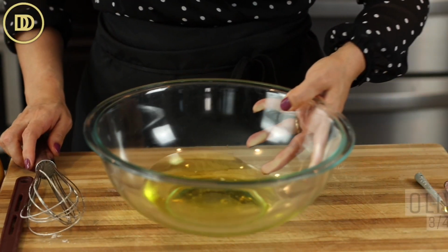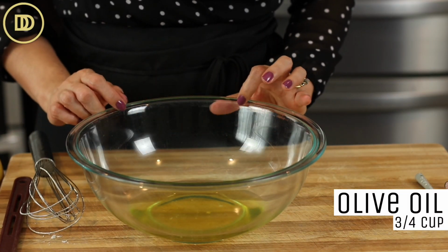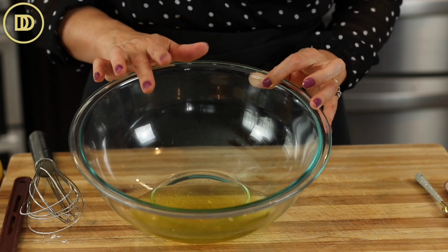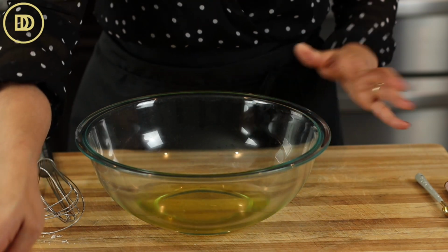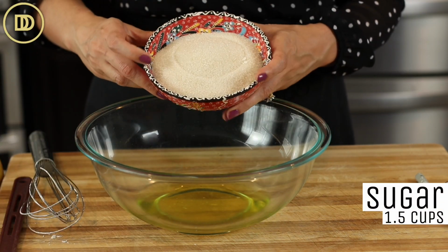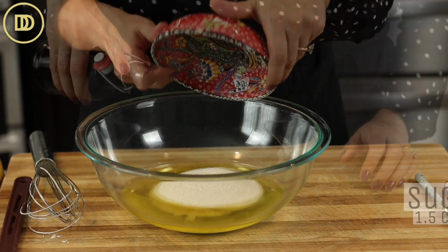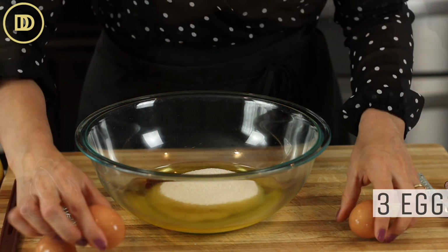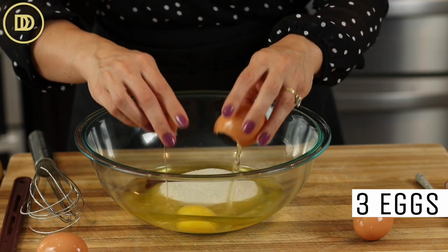Now for the wet ingredients. I have 3/4 cup of light olive oil. You can use your favorite vegetable oil for this. You could even go all the way up to 1 cup of olive oil if you wanted it to be even more moist. I have 1½ cups of granulated sugar. I'm gonna add 2 teaspoons of pure vanilla extract, 3 eggs that are at room temperature,